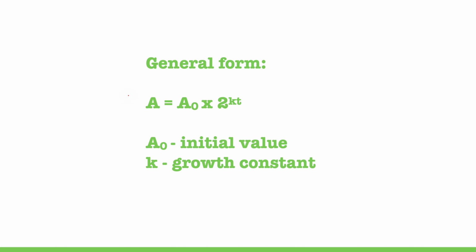Our general form for our application problems is always going to look like this. A is the amount that I have. A0 is my initial amount. The reason that this is our initial amount is because, and I'll explain in a moment why that is, we will generally use a base of 2. This base is just how long it takes for something to